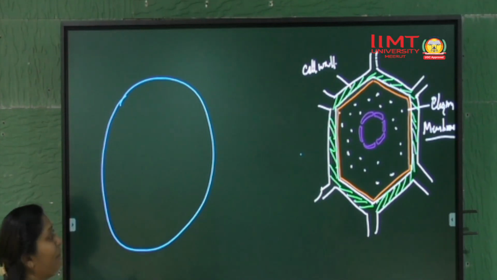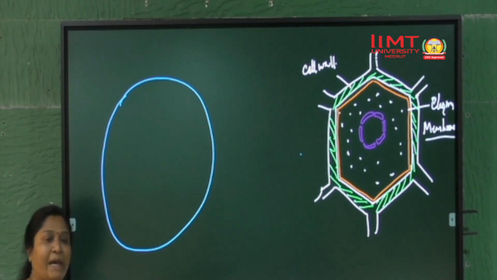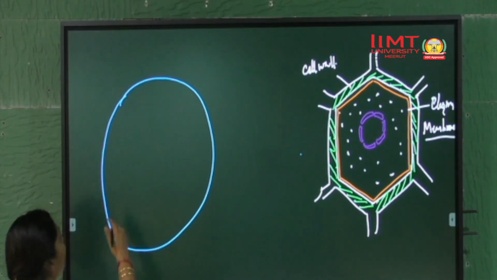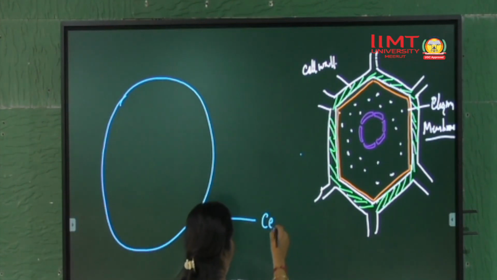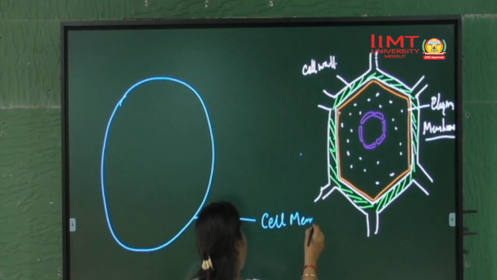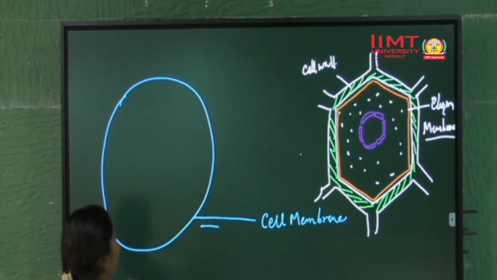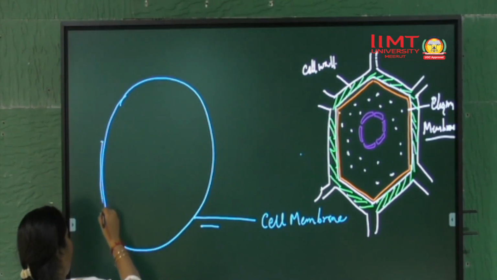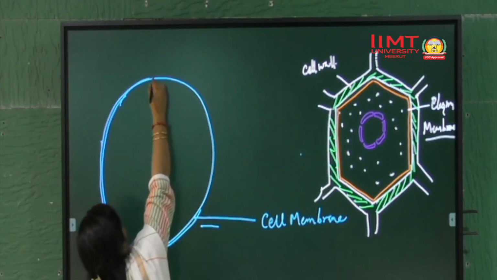The cell membrane may be made up of different types of substances. In bacteria it is made up of peptidoglycan, and in some other organisms they are made up of other substances. It is variable. The most important is the presence of the cell membrane or plasma membrane, because we are discussing the prokaryotes. So in the prokaryotes only the cell membrane is present, and inside the cell membrane,